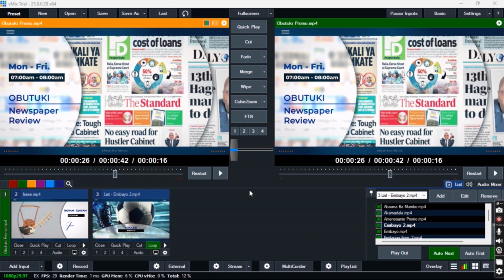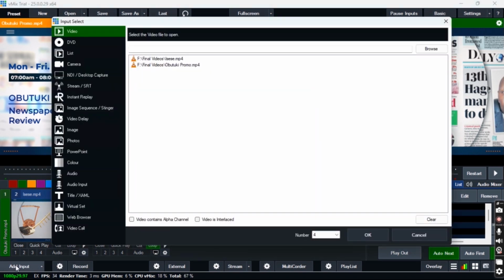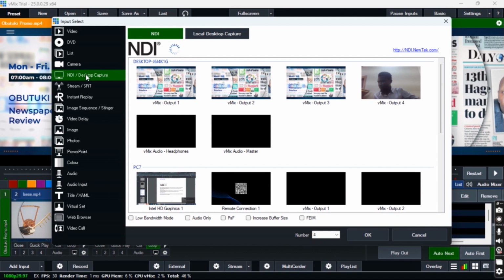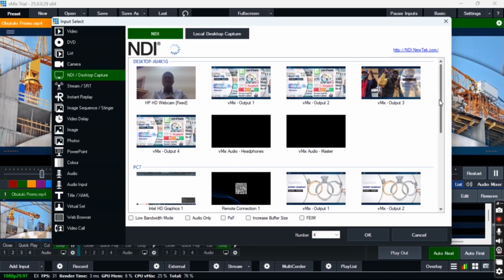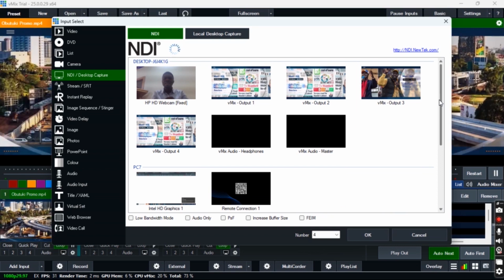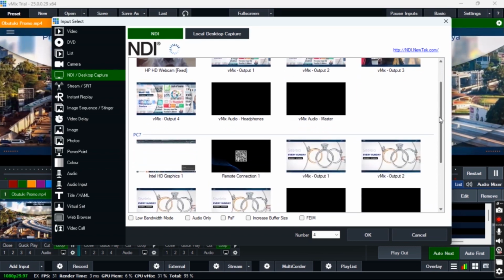For you to be able to add an NDI source, you're going to click on Add Input. Then you are going to click on NDI desktop capture, and remember that sources detected on the network will appear automatically in the list with their preview thumbnail and organized by device or computer name as shown on this screen. Desktop J6J4K1G is the laptop that I'm currently using, but I have another computer here connected onto